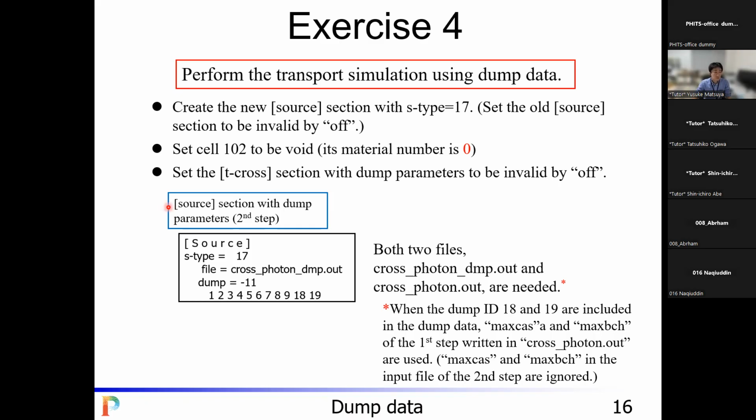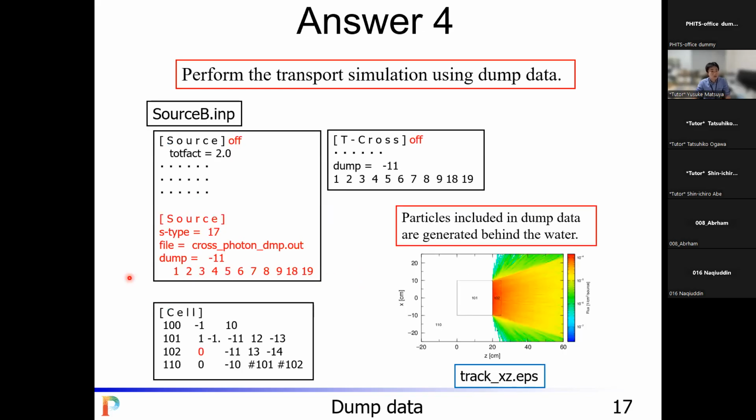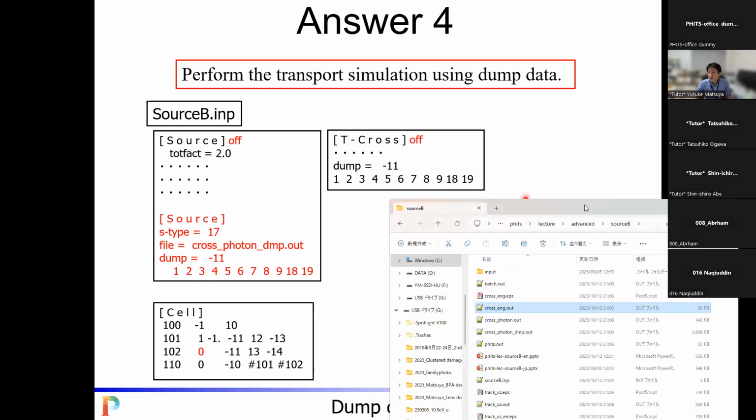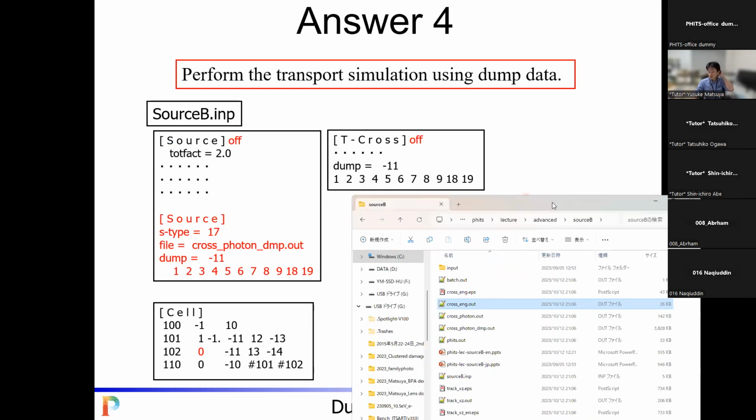I think that most of the participants are still working, but I would like to do this exercise with all of you. So the answer is shown in the next page. Seeing the answer, I will do this exercise from now. So here is an answer of exercise number 4. To perform the transport simulation using the dump data, all we have to do is first